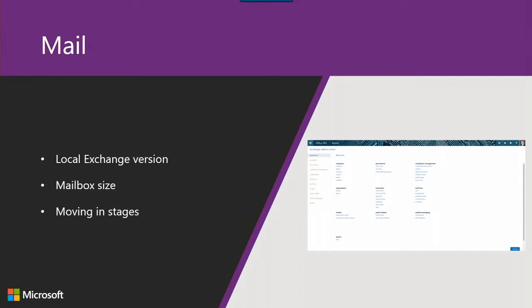Now the first thing I would say is, like we said, look at your mailbox sizes. Because the problem is that it's okay saying you're going to move, but if you've got 1,000 users all with, say, 1 gig of mailbox storage, that's an awful lot of database you've got to move. And it's got to go across the internet. Bear in mind, you're uploading to the cloud. This is not taking a hard drive, shipping it to Microsoft with your Exchange database on and saying, please put that in the cloud. You've got to move those mailboxes over the internet.